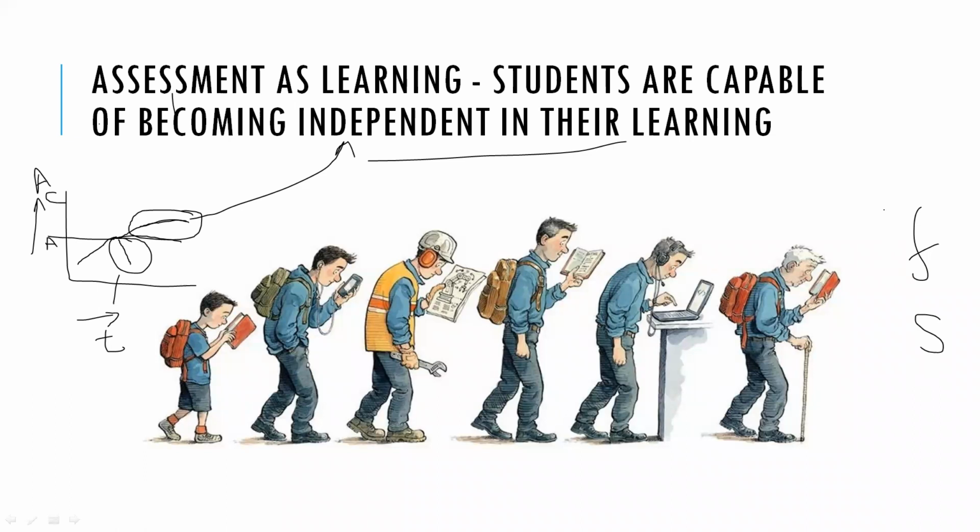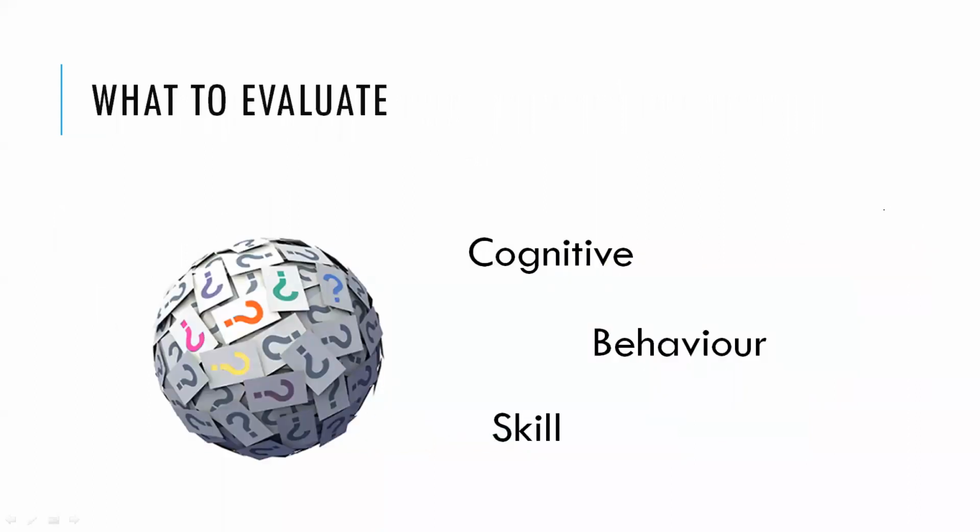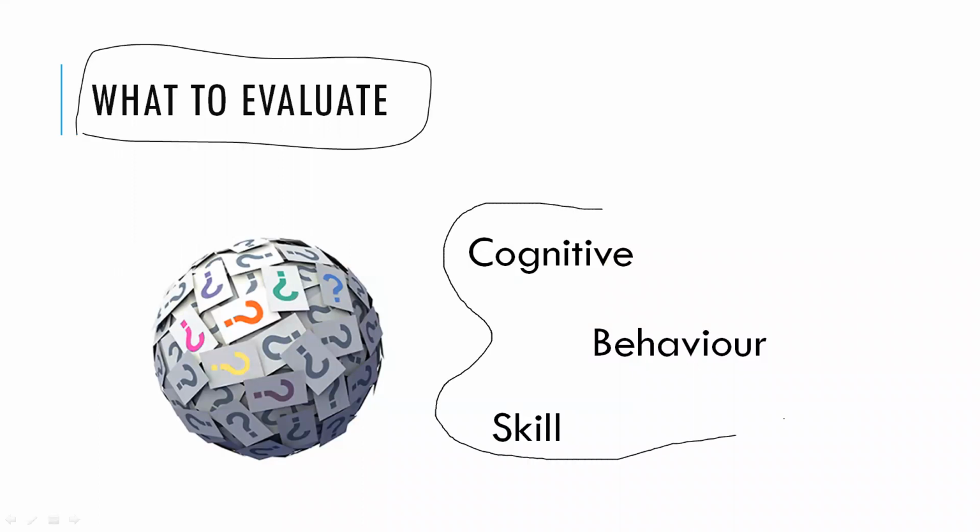These are the different kinds of assessment we have to follow, as the reform says. So what the reform says is that we have to go with continuous assessment and give more thrust to formative assessment, right? So what exactly assessment is, you are all aware. Now I would like to say what to evaluate. When I say what to evaluate, we have to evaluate the cognitive, behavior, and the skill.